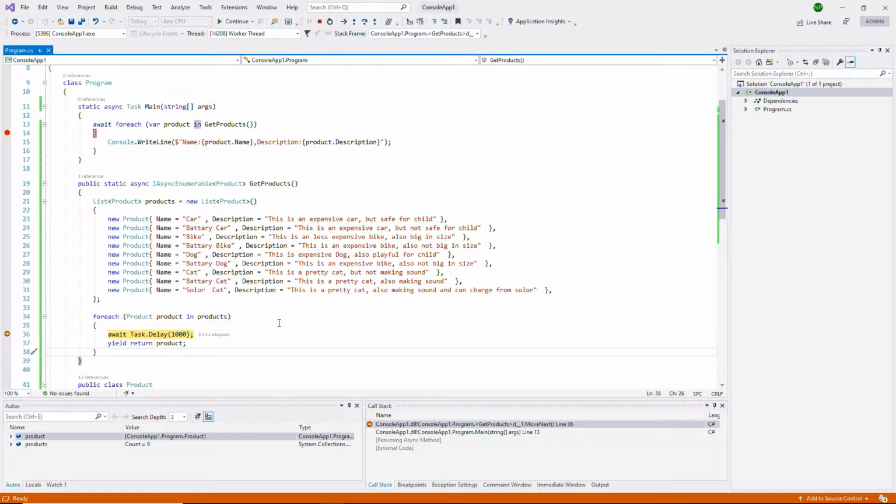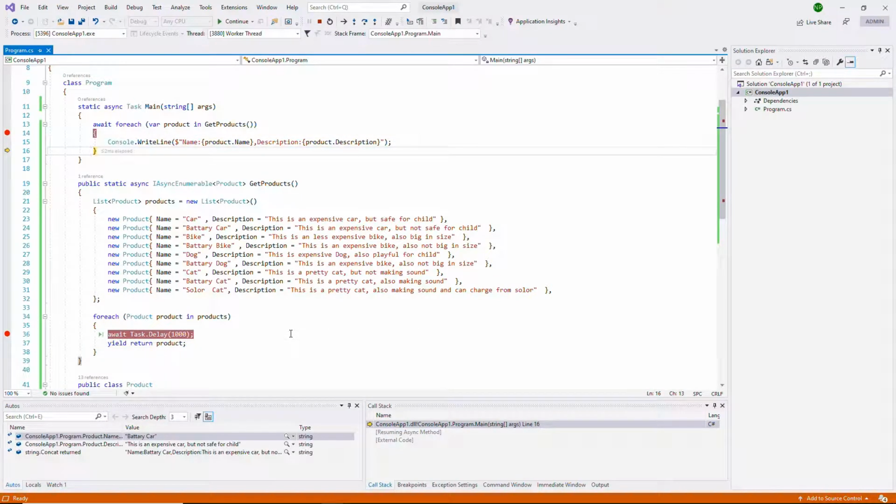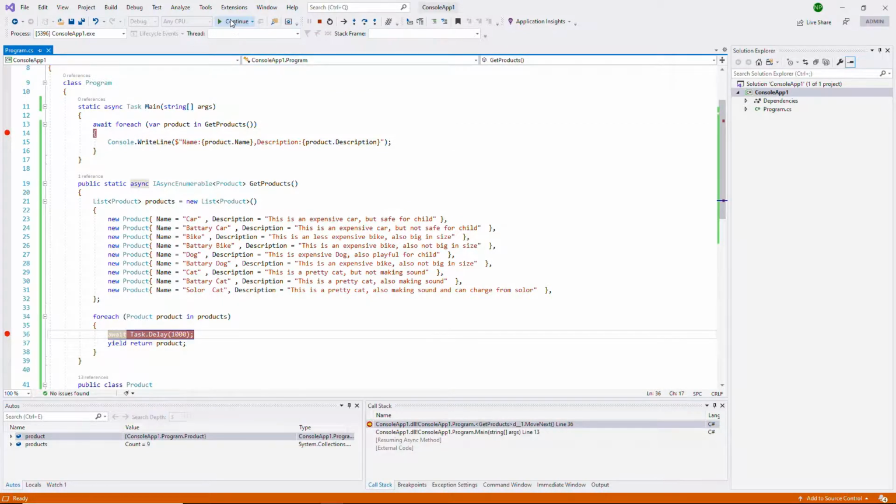Now in the second iteration it will pick up the second product and print it in the console. Similarly it will loop through and print all the values.